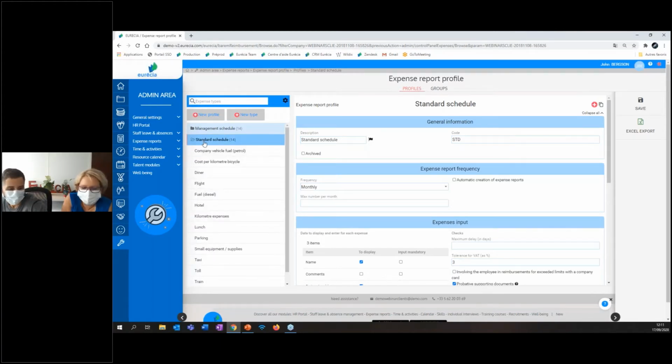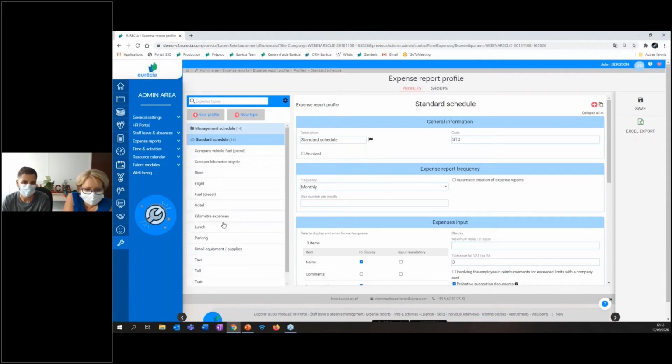Okay, so now you know how to set up a profile. We're going to see how to create an expense type. So you see in the different profiles, so in standard, for example, we already have a lot of expenses set up for you. It's how you get the platform because we configured it for you at first. But same thing as we just said, if you want to add another expense, you have the plus and the